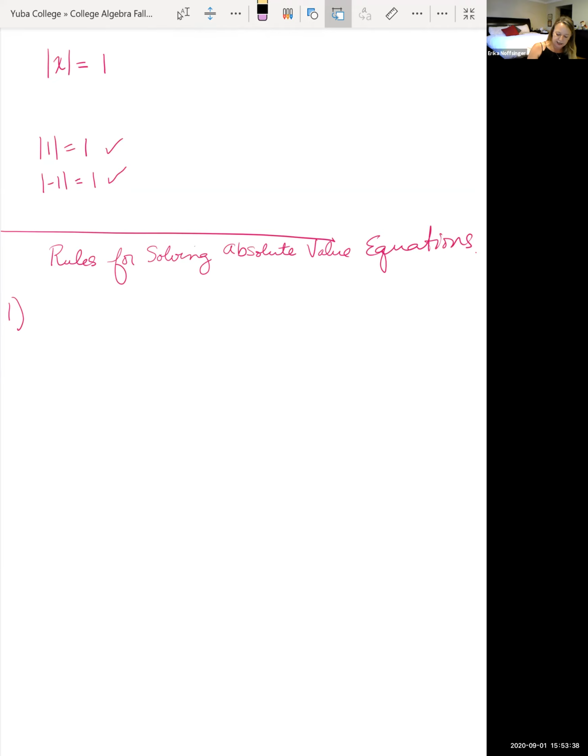So isolate the absolute value on one side of the equation